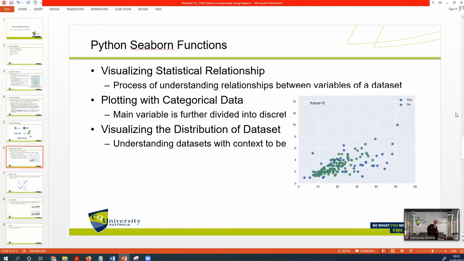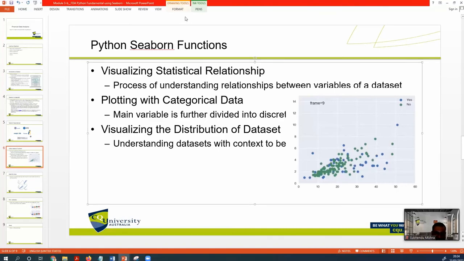And then what about Seaborn functions? Seaborn plotting functions can be divided into three groups. First is visualizing statistical relationships.